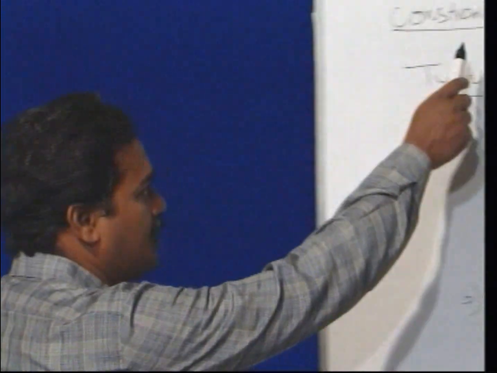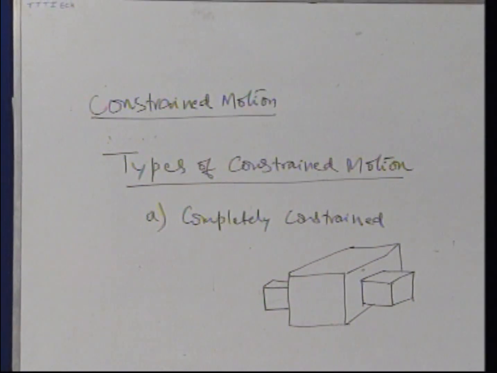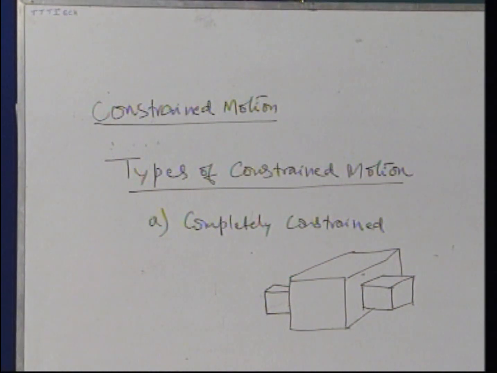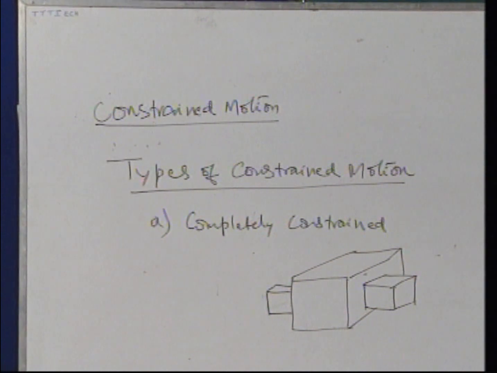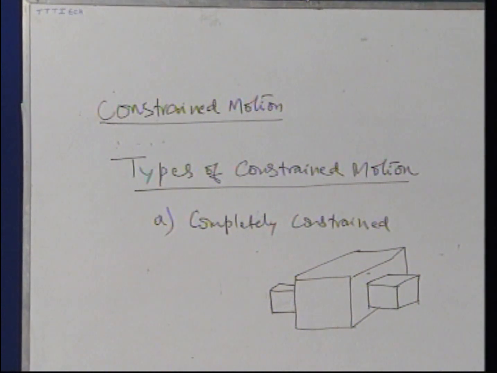But when the body moves in a predetermined direction or a particular direction, irrespective of the direction of the force acting on it, such motion is called constrained motion. The constrained motion is a decided motion or predetermined motion or a particular motion whose direction is decided. It is not influenced by the direction of the force acting on it. In a way, we can say that the body has a definite direction.